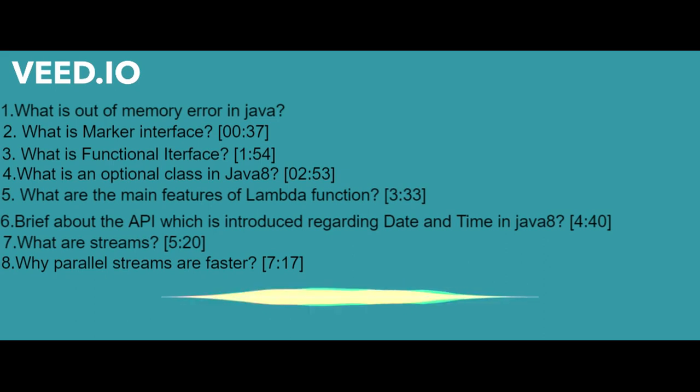What is an Optional class in Java 8? The Optional class is something where, like, a response is coming whenever we are using lambda expressions and stream APIs. So to handle those responses, we have the Optional class. And if we are passing any predicates or something like that, this Optional class is present to handle the response.